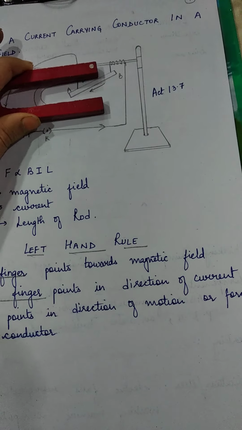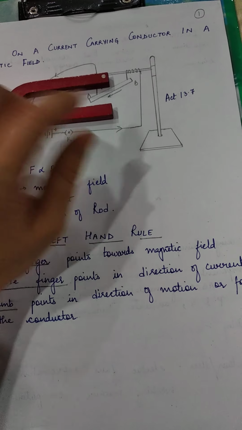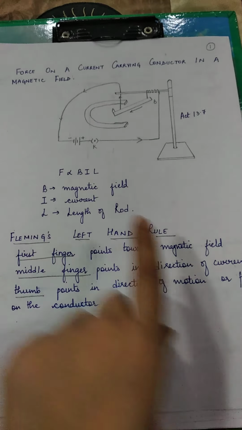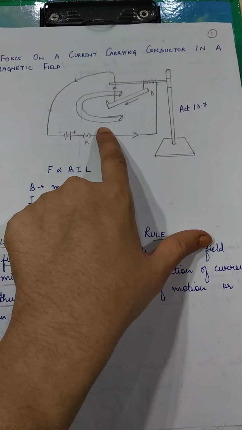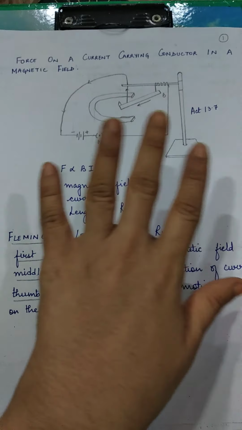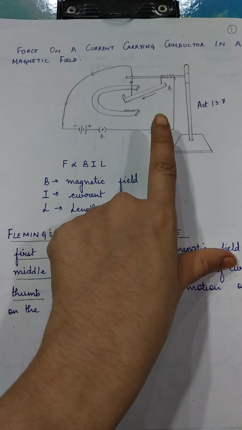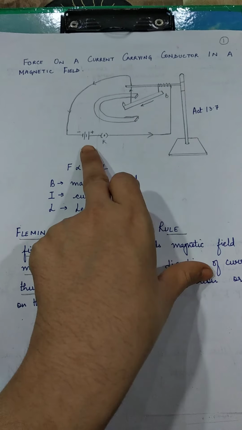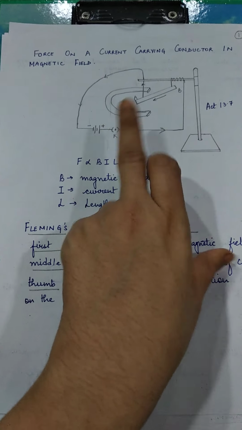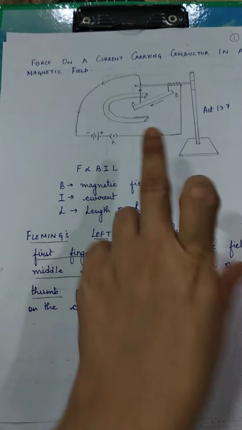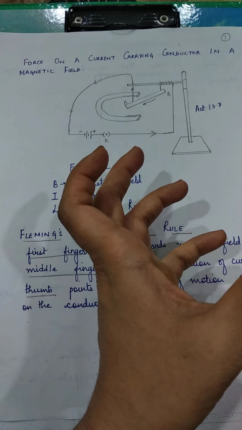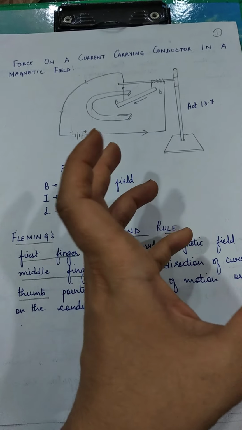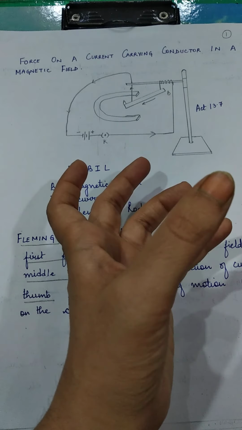Now in this setup, this metallic rod has been placed, and it is connected to an external circuit. Now what happens when we place this horseshoe magnet over here? As we already know, since the metallic rod is connected to an external circuit, current is going to flow from the positive terminal of the battery to the negative terminal. Due to this flow of current, some magnetic properties will be produced, as a result of the magnetic effect of electric current.